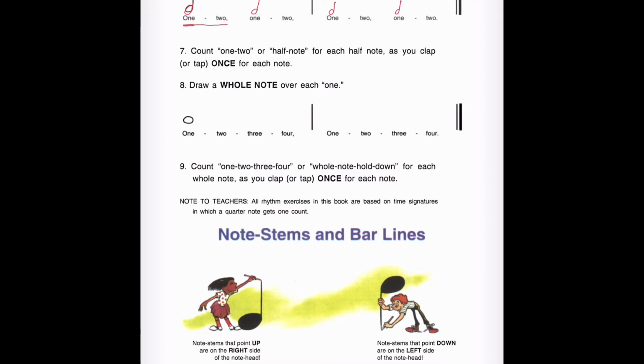So number 7, that again says count 1, 2. It gives a couple of ways of counting. Again, I like numbers versus words. So we're going to do that right now. So here we go. 1, 2, 1, 2, 1, 2, 1, 2. If I were going to play that, it would sound like this. 1, 2, 1,